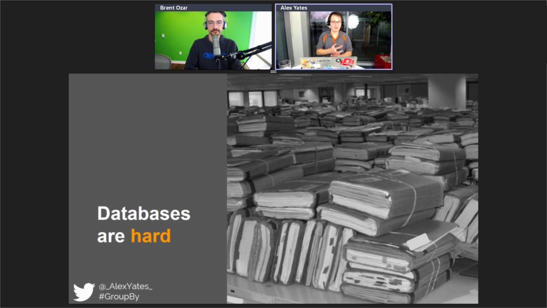Testability. How many people have written unit tests for their databases? How many people have written automated tests for their databases? Okay. In application code, people have worked out that if I'm going to release some code, the only real effective way to test whether that still works is to go through every single one of my use cases and work out whether they still work.